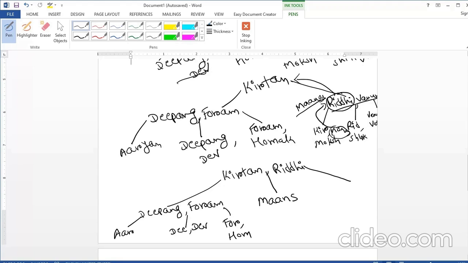Here we are going to have this value Manas, and in the right pointer we will have two values, Riddhi and Varun. But if we write Riddhi and Varun, Riddhi will be repeated in three levels, so we need to remove Riddhi from the internal node, which is this level. So I am not writing Riddhi here, I will write only one value, and that is Varun. Now in the left pointer of Manas, we will have one value, which is Kirtan.